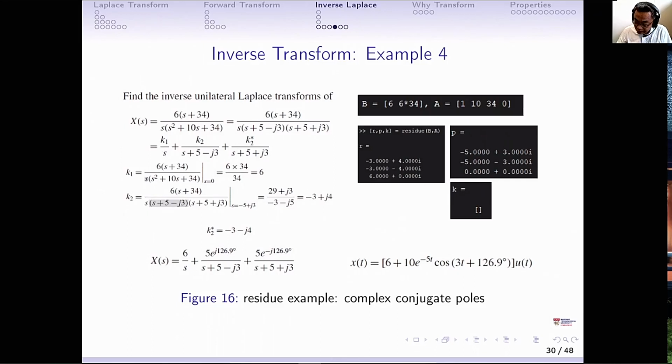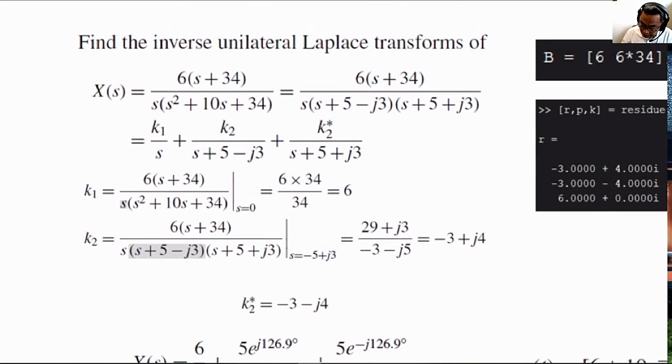Welcome back. This is the last example, example 4 for the inverse Laplace transform. This is page 30 of our slides. Let's take a look at the given X(s). It looks very complicated. We have 6 times bracket s plus 34 at the numerator, and we have s times